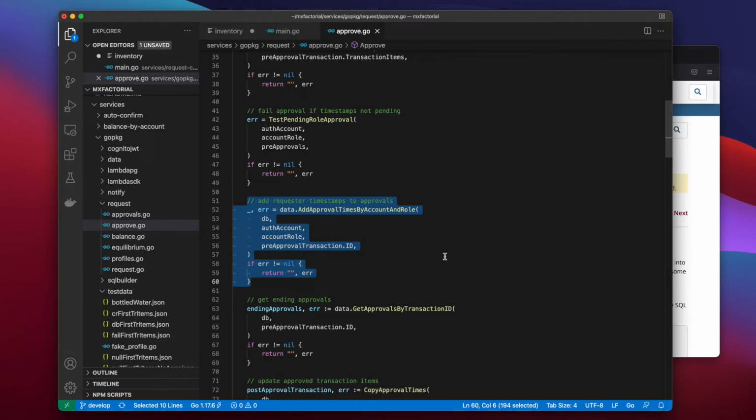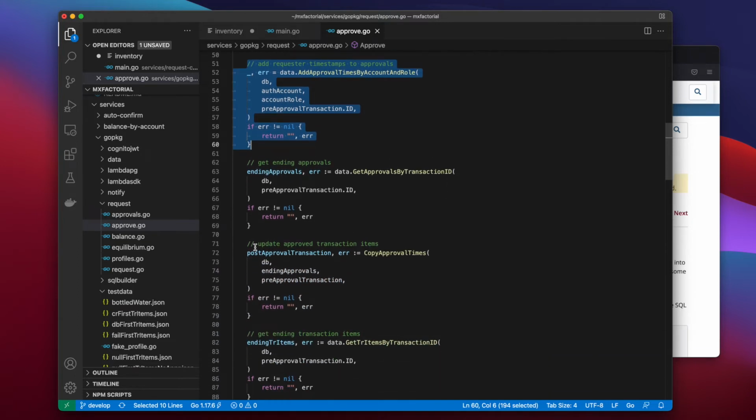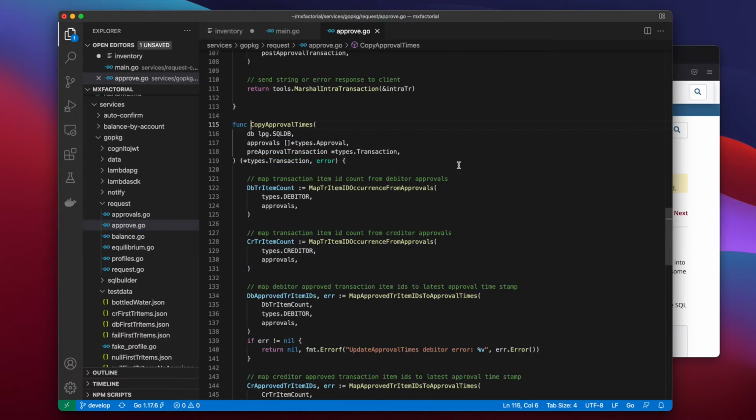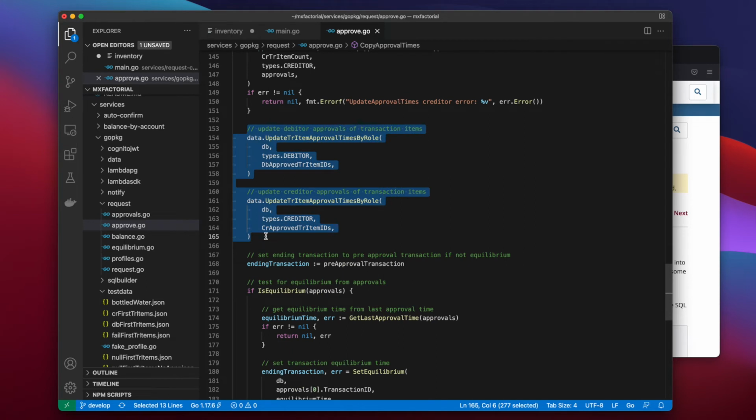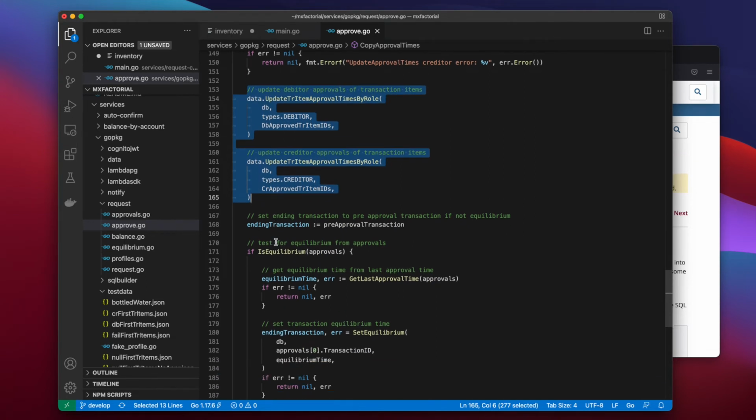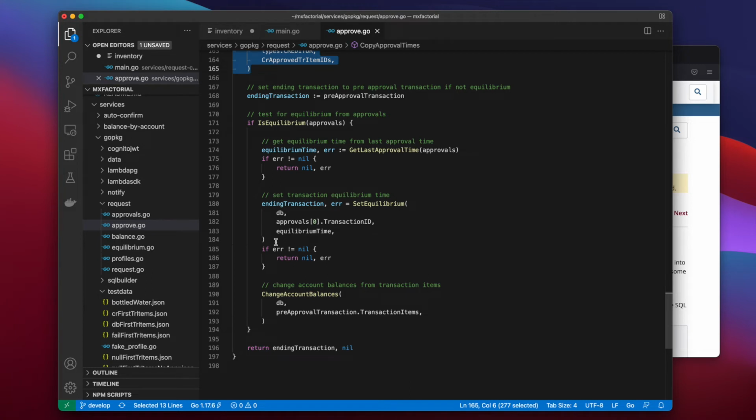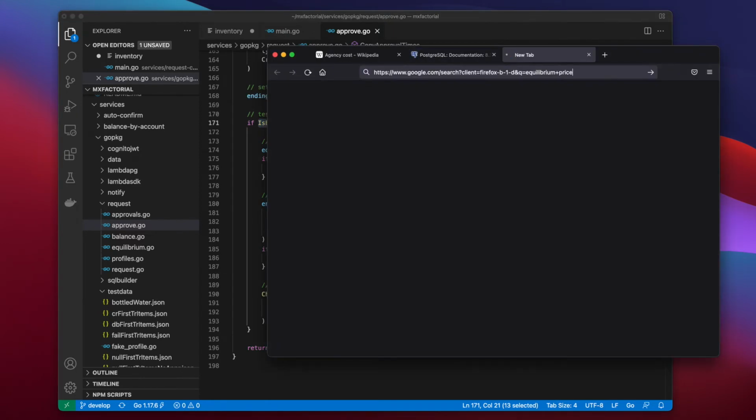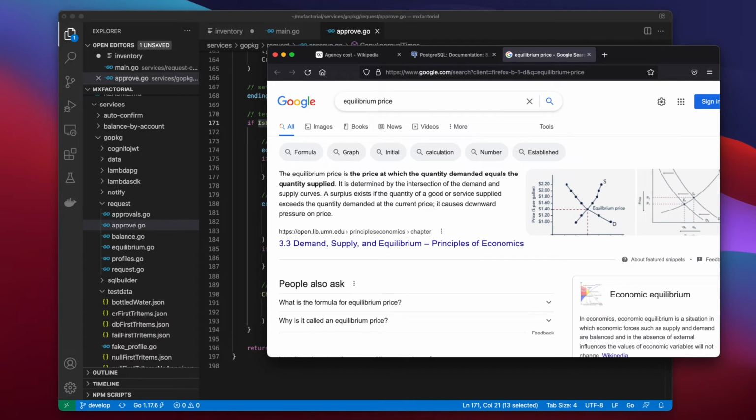And for transaction items where all approvals are in, timestamps are copied from approvals to transaction items. Copying approval timestamps to the other records just helps avoid expensive queries. Finally, if 0 approvals are pending for all transaction items, then we have an equilibrium, which informs how to optimize production. If consumers are paying more, produce more. If they're paying less, produce less. And learn about all these changes so you can respond the day they happen.